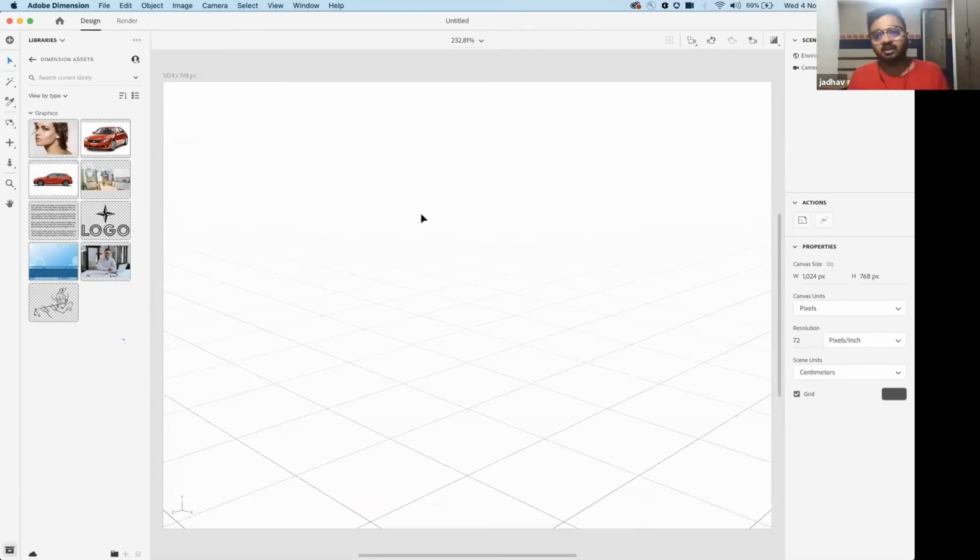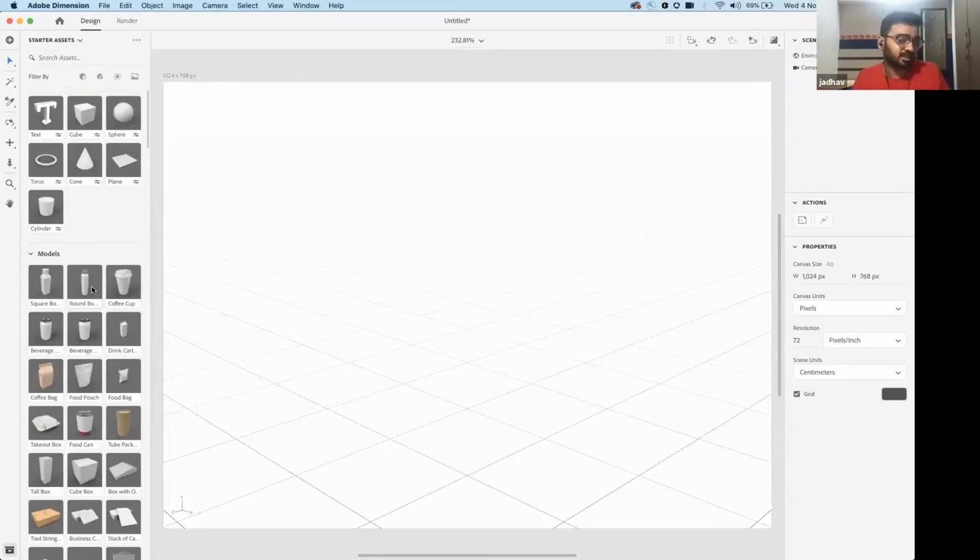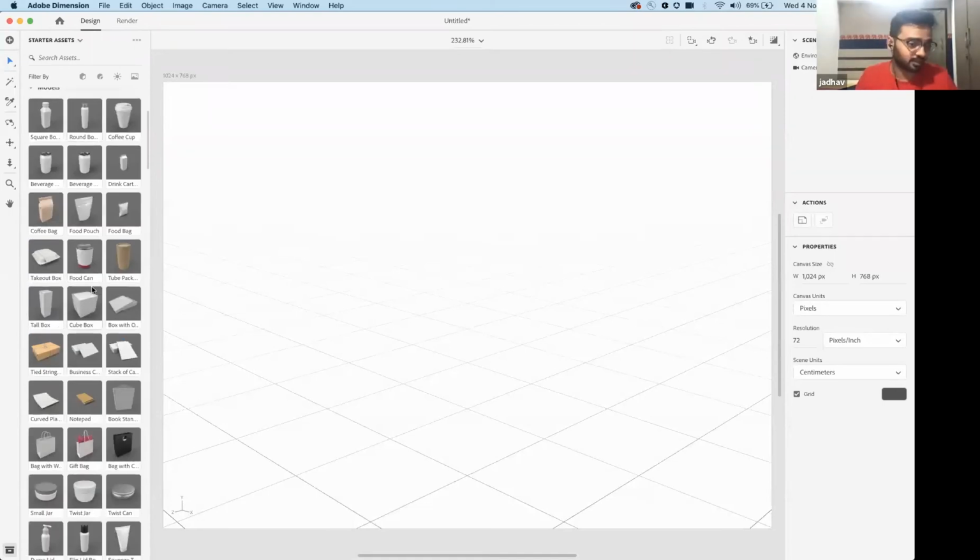Now, what is the use of Dimension? With Dimension, you can actually create 3D prototypes. What we saw in XD was a 2D prototype for mobile or a website. Here, you can make 3D prototypes. For example, let's say it's a COVID situation, and I, as a 3D artist, want to create the packaging of a medicine. How do I create that? I'm not a 3D artist. So what I can do is, in Dimension, I've got all of these ready assets with me. If my friend has created a 3D model, I can bring that into Dimension, not a problem.